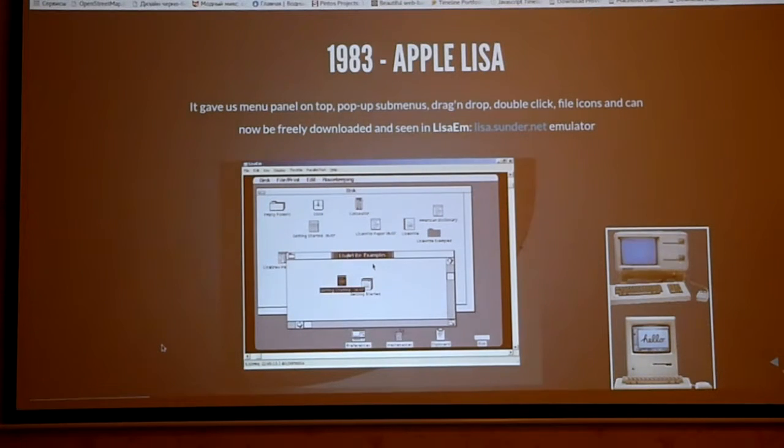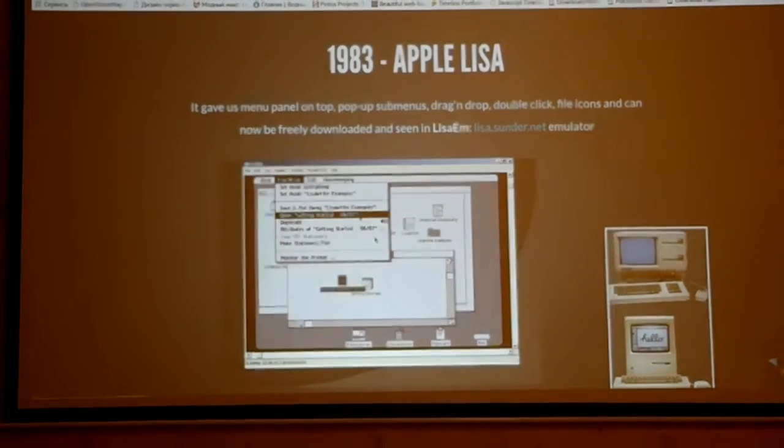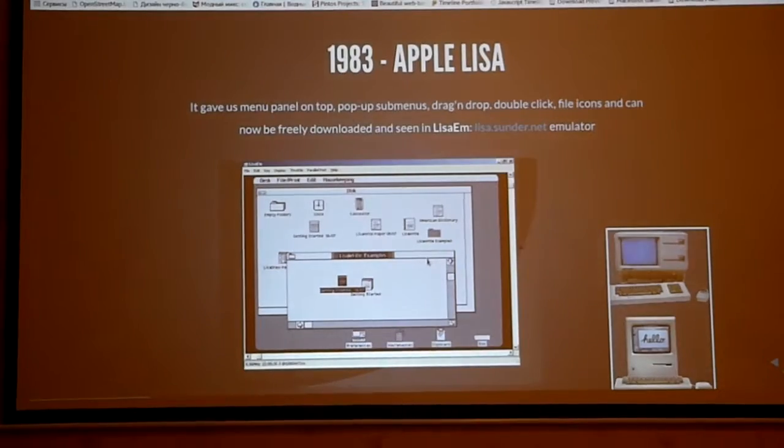The software has a desktop with a recycle bin at the bottom. It has a menu on top, which is still present in all Apple desktop systems. And drop-down menus, a file manager with icons, everything was already here.